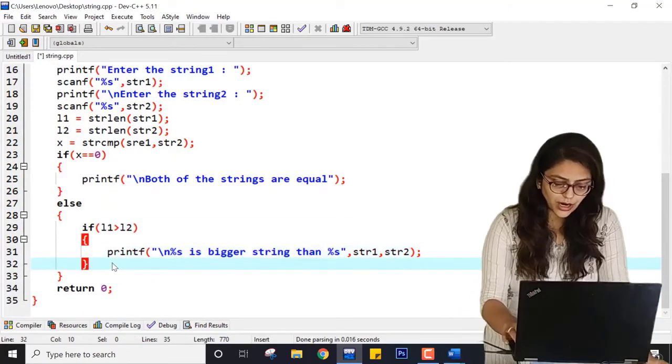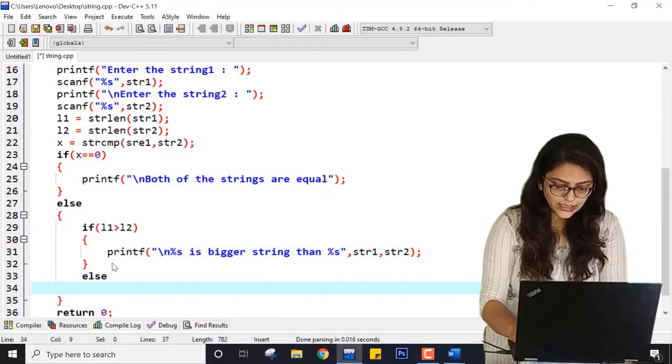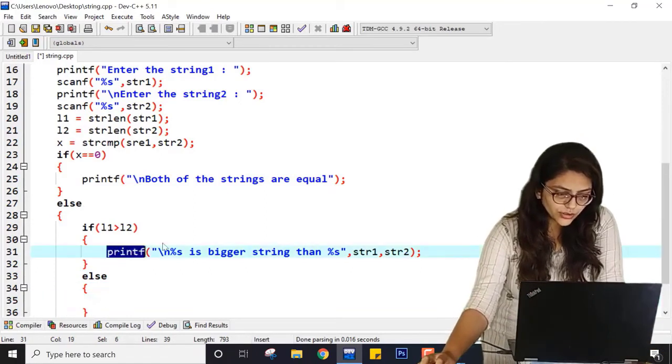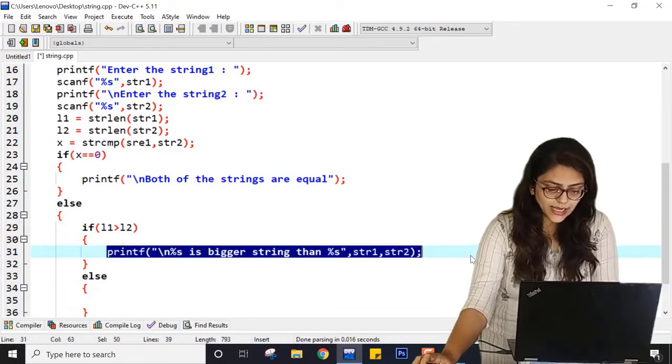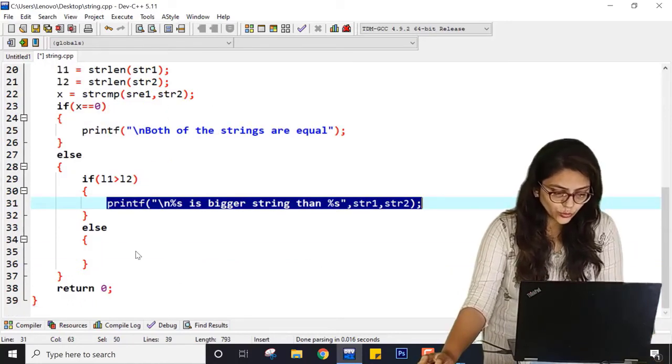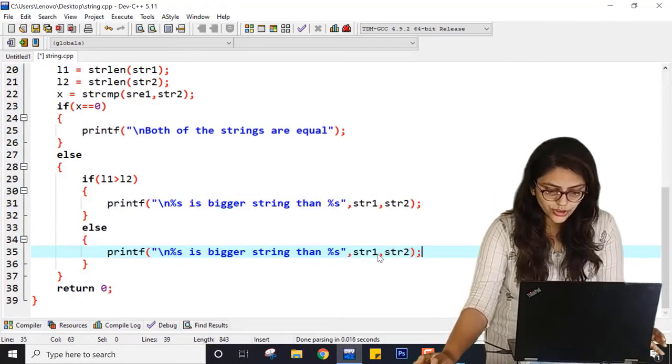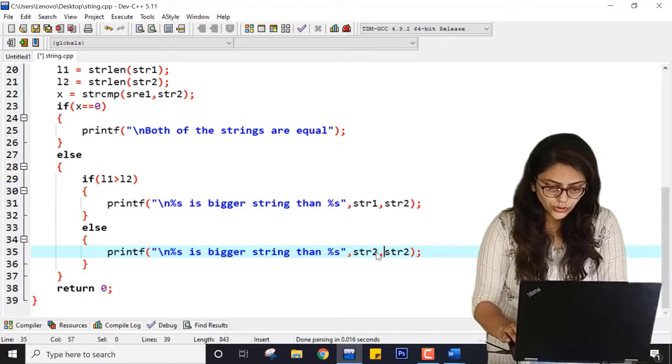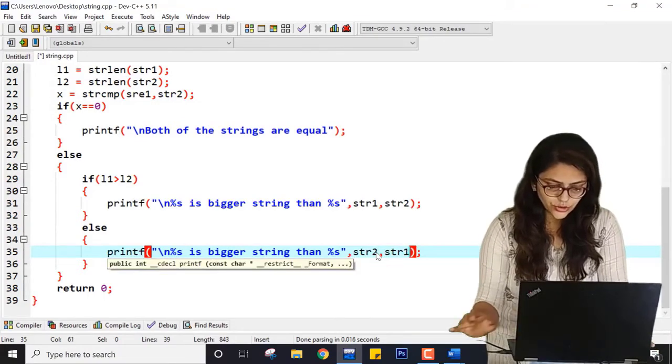In the else part, L2 is greater than L1, so here we have to change this to 2 and here it will change to 1.